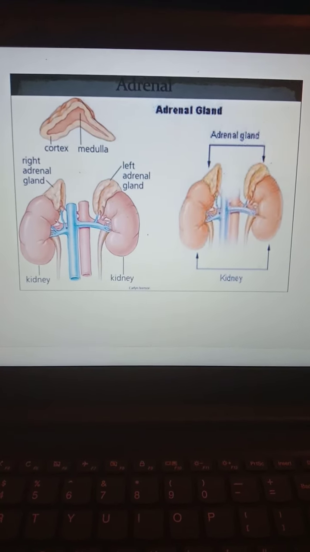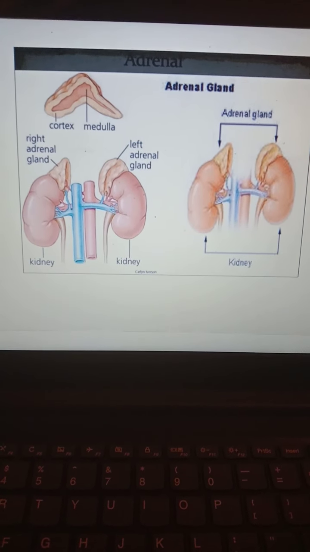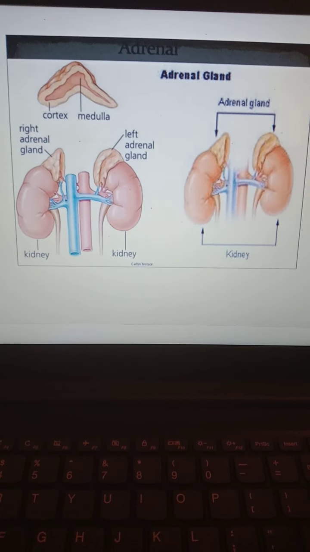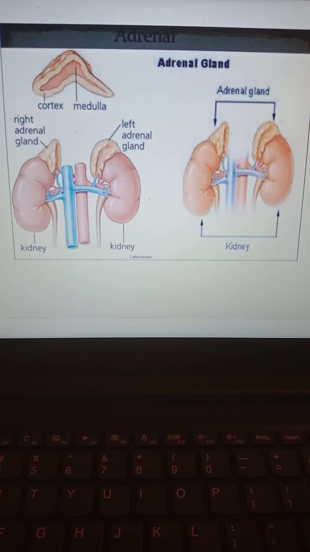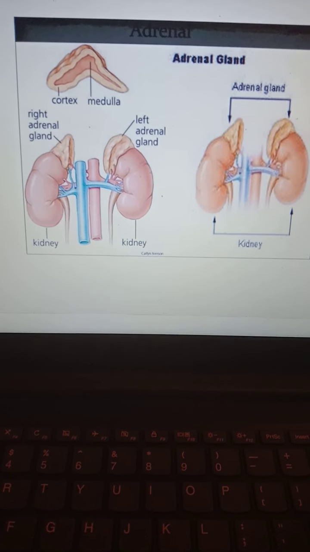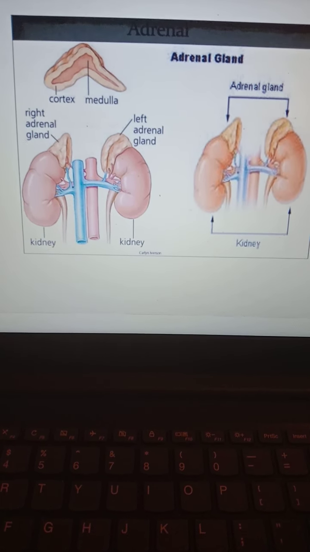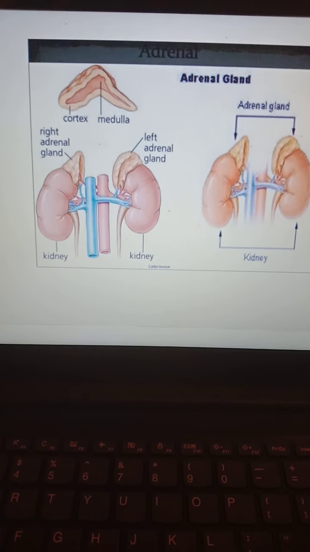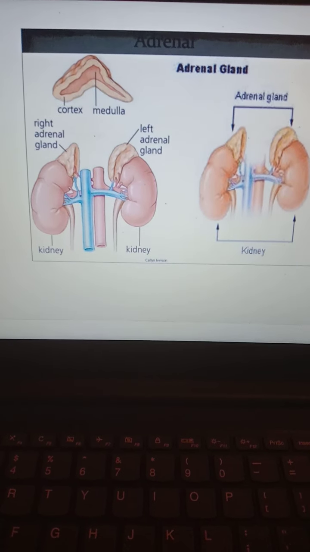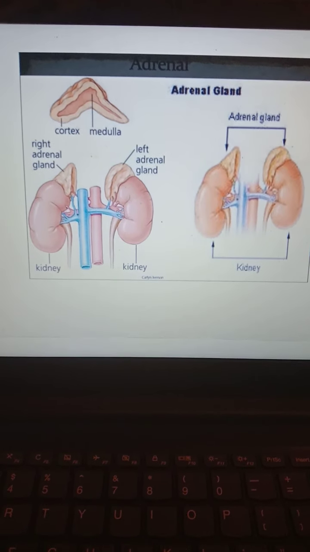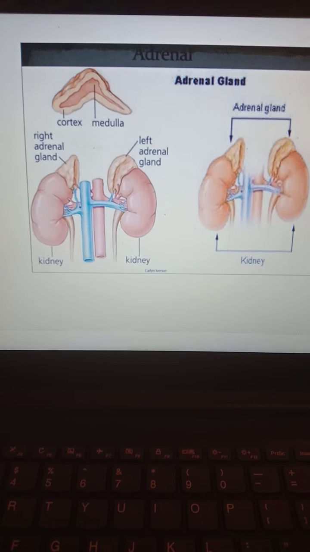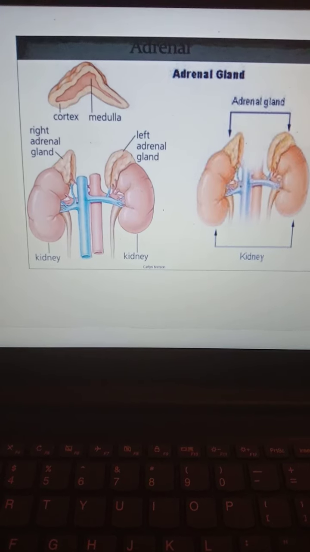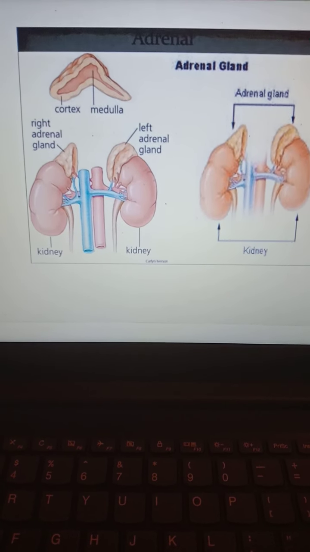The adrenal glands are small yellowish glands present above the kidney. You can see here they are richly vascularized. They are small in females while larger in males. Each gland weighs about 5 grams. It is composed of two distinct parts, namely the outer cortex, you can see in this diagram, and the inner medulla. The adrenal glands are somewhat pyramidal in shape, and have a rich blood supply. They measure about 1 to 2 inches in length and lie at the top of the kidney. You can see, on top of the kidney it is present.